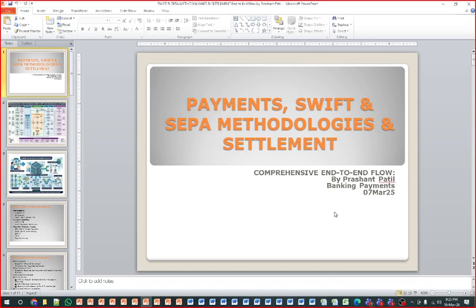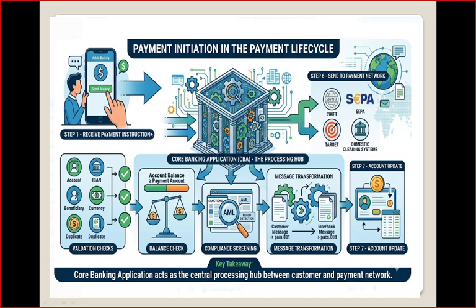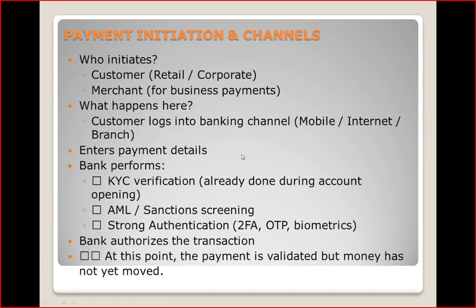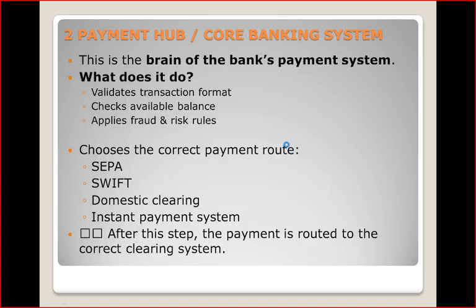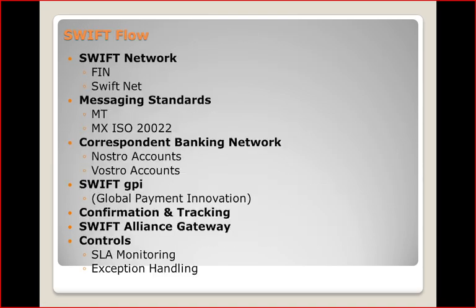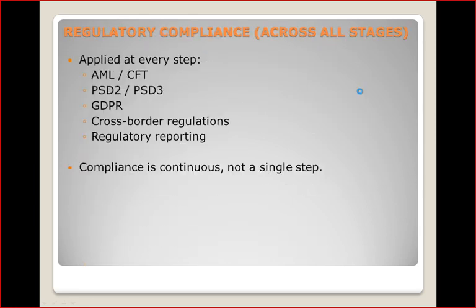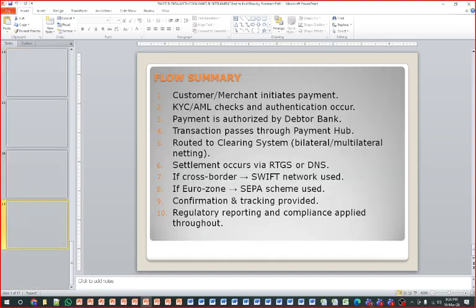Now how does an end-to-end payment happen for SWIFT and SEPA? This is a SWIFT flow, and this is a SEPA flow, like the payment engine flow we just discussed. Similarly, when we are transferring a payment, initiation happens, balance check, compliance, screening. With the help of this documentation and presentation we'll discuss in detail each and every stage of how the payment has moved. That's why it took me some time to cover my syllabus. It takes a lot of time because I'm covering so much with practical examples.